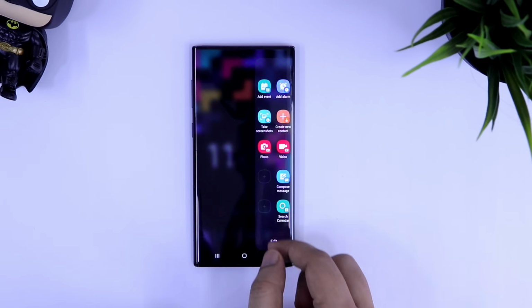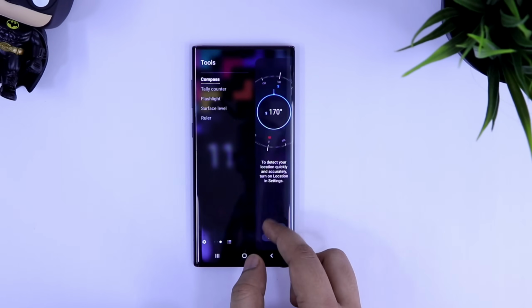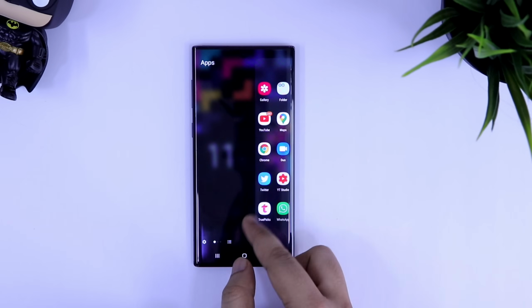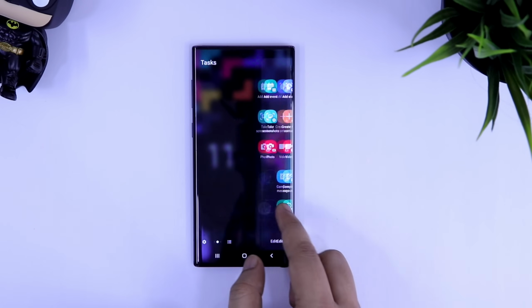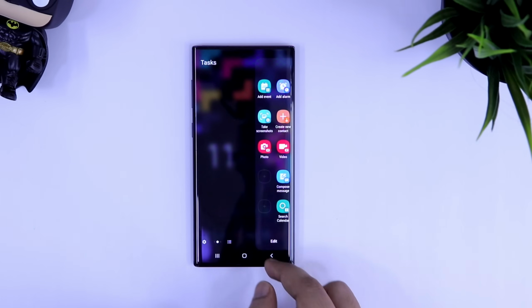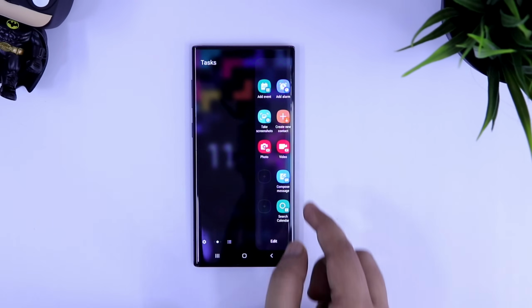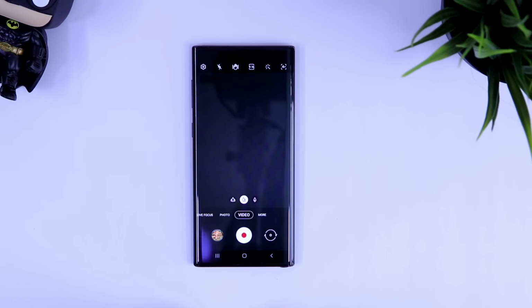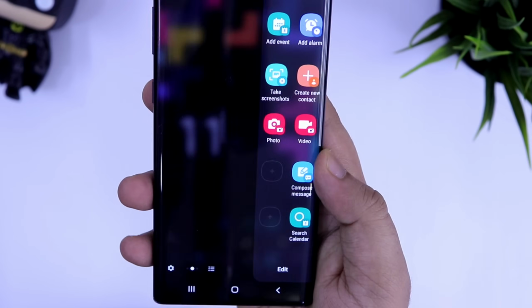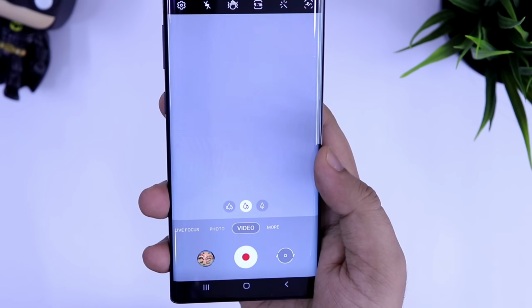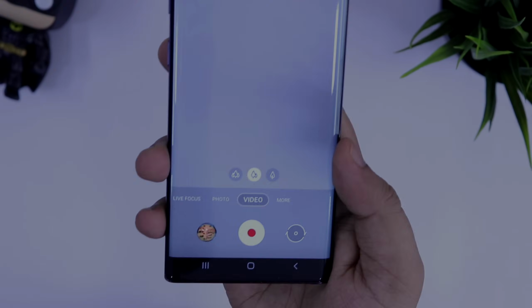Alright guys, first up let's talk about Edge Panel. We all know Edge Panel helps you to access all your favorite applications by just swiping on the edges of your screen. But did you know you can also assign some very useful tasks with the help of this Edge Panel? For example, on my Samsung Galaxy Note 10, I can launch my camera directly in the video mode or the picture mode with just one click. Guys, it is super handy and now I don't have to keep changing modes every time I open my camera. Let me show you how you can enable this on your device.